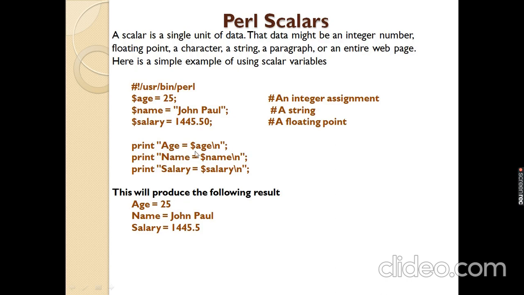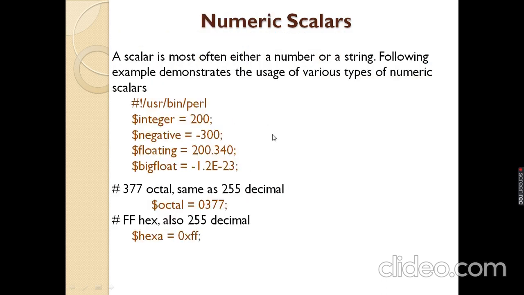We are using age equals age. As usual it prints on the monitor screen because there is a double quote. In the double quote we have used age equals and dollar symbol age. Age is the variable. The value of the age is 25. Now that 25 is going to display, and similarly the name value John Paul is going to display, and the rest of the contents enclosed in double quotes, as usual, print on the monitor screen.